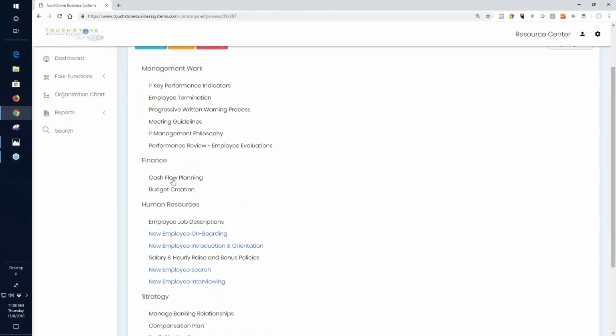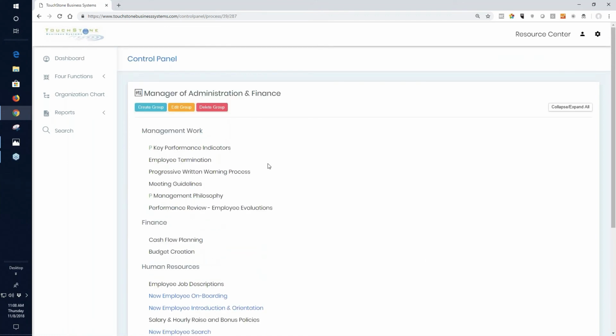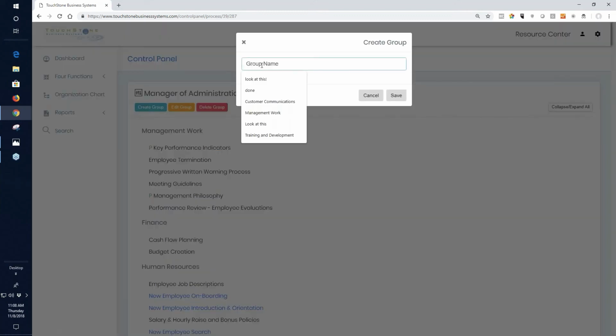So I put the finance processes there. I have one called Human Resources, and then I put the human resource processes there. So the work groups, or the groups inside the control panel, they can be by subject area. They can also be by timing, like you could do things at the first of the month, things at the end of the month. So to create a group, you just select this Create Group button, and you put in